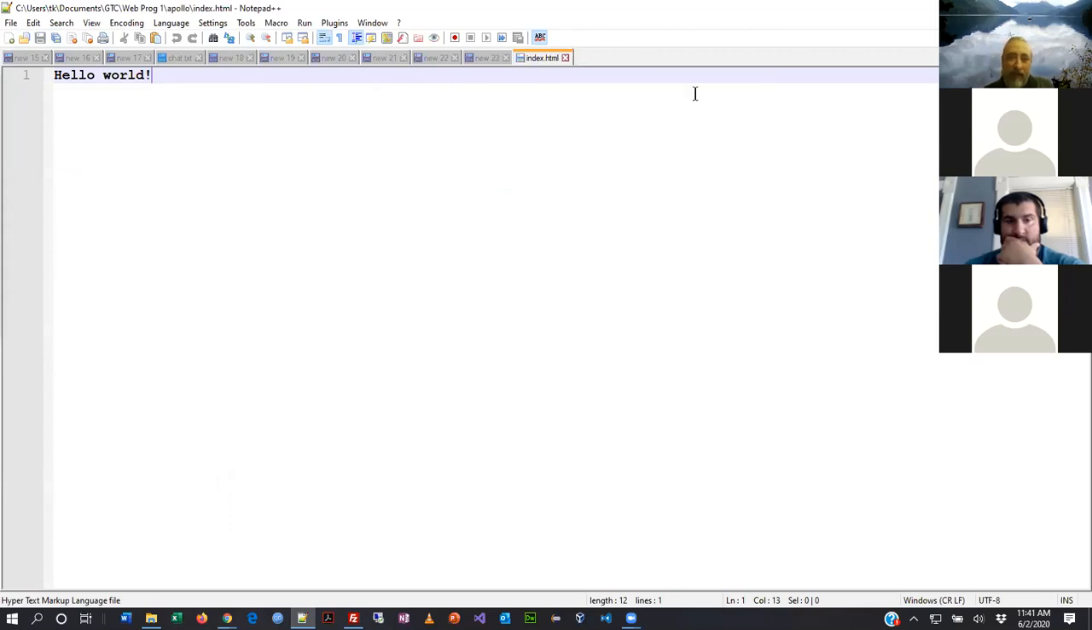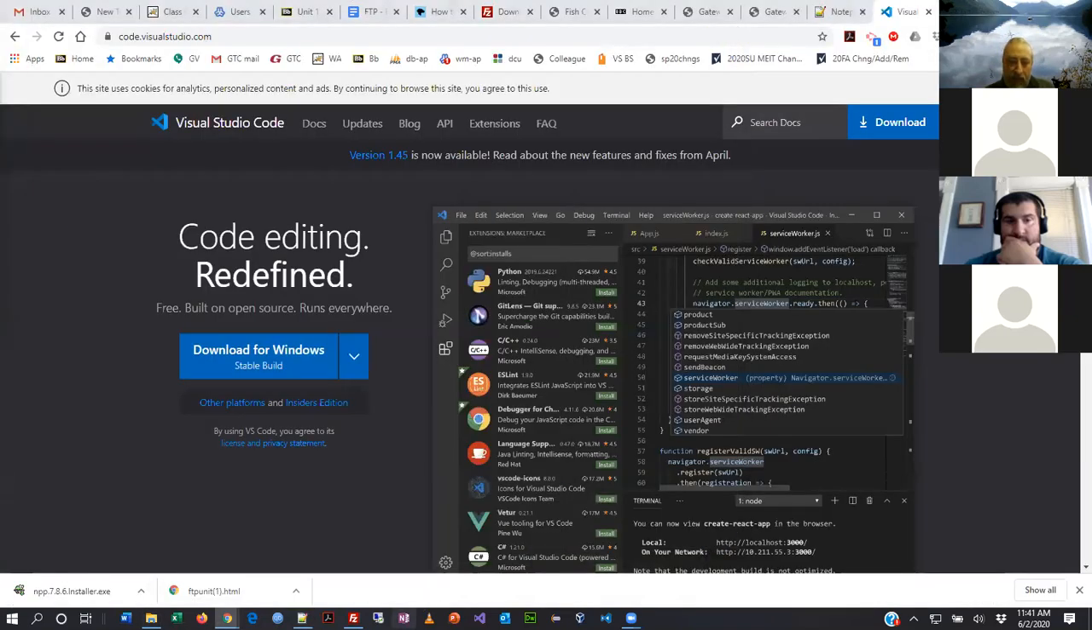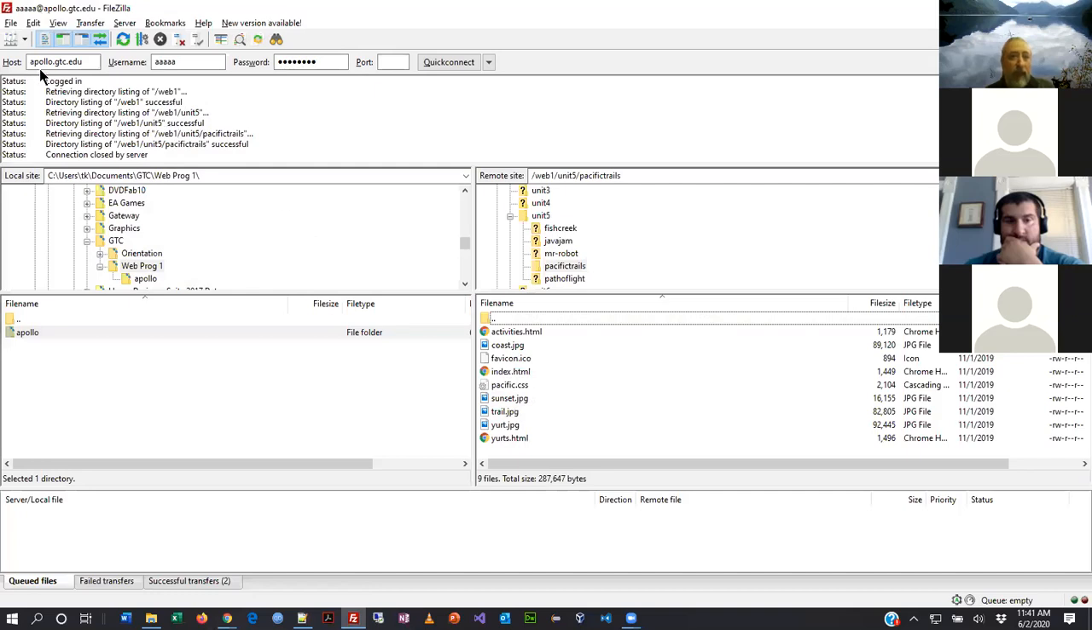All right, so now that we have our index file created and saved with Hello World inside of it, I'm actually going to move this out of the way. I'm just going to minimize it. And I'm going to launch Filezilla and log into my account. Now, it looks like I might already be logged in, but I'm just going to hit the quick connect button again. So you put in your host name,